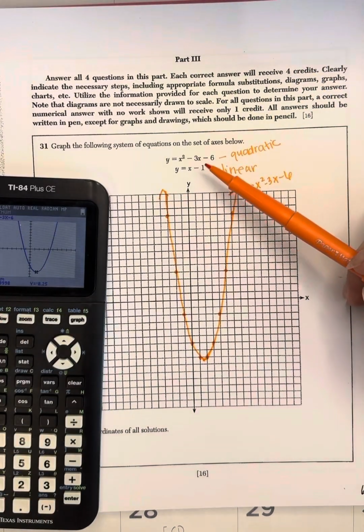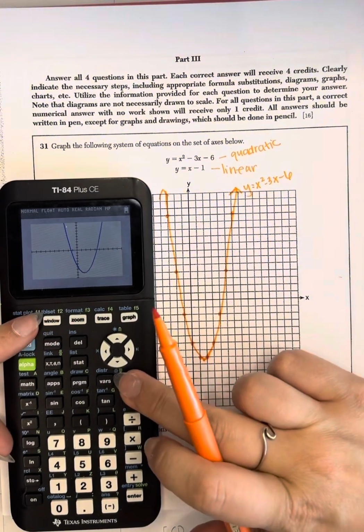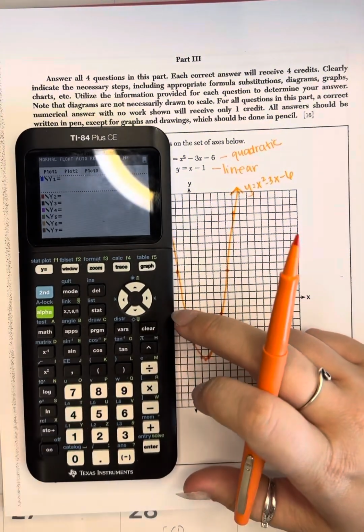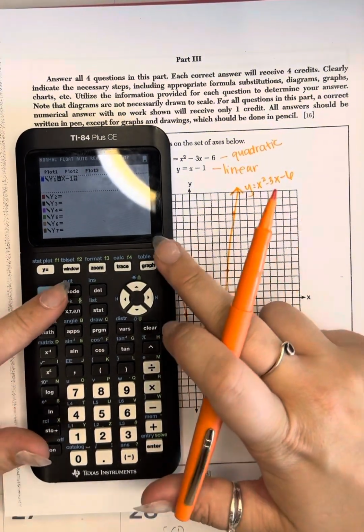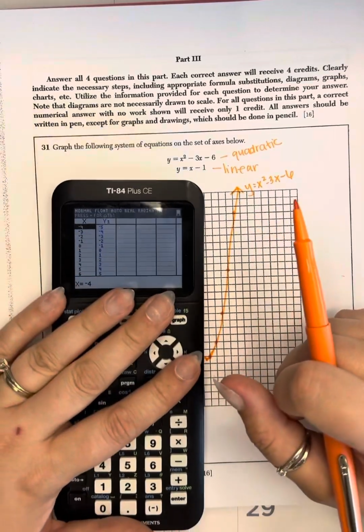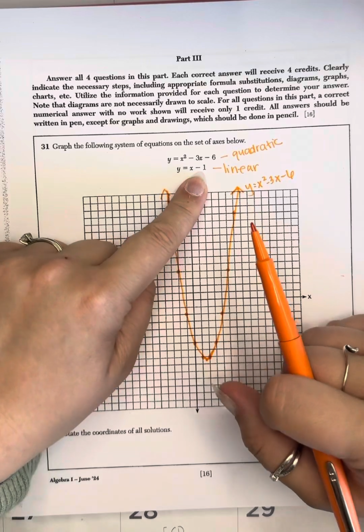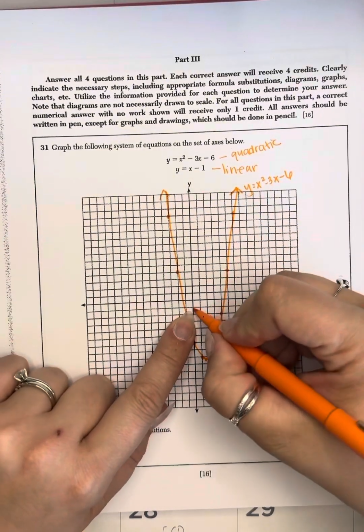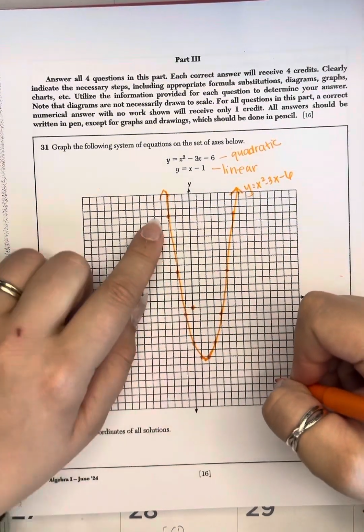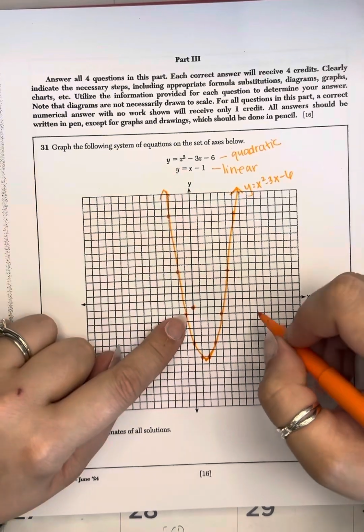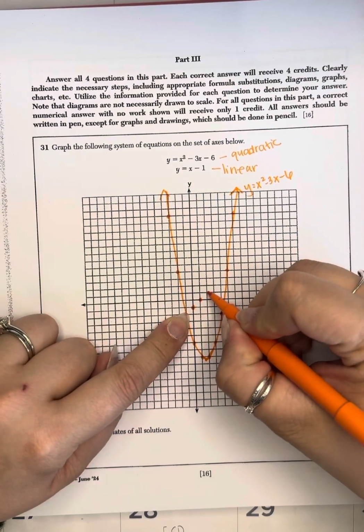Now we're going to move on to this one. So you can just plug this in the calculator, x minus 1, go to the table and get your points and use those. That's fine. Or I know that that's the y-intercept, so I'm going to go ahead and start at negative 1 on the y. I have a slope of 1, which means I'm going to move up 1, over 1, and just keep